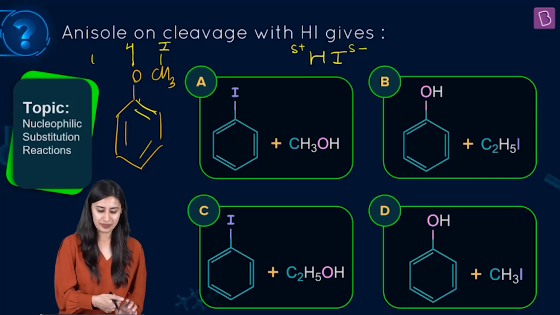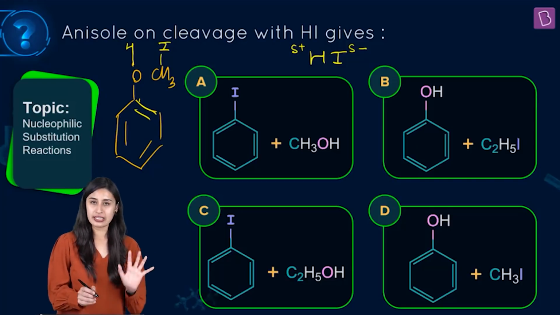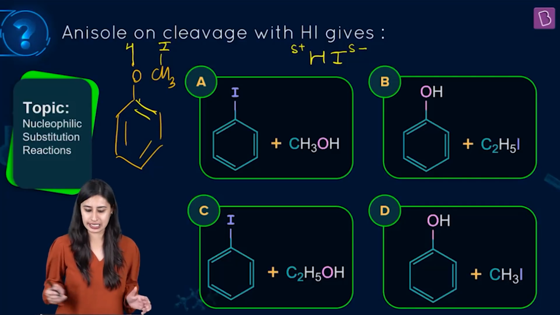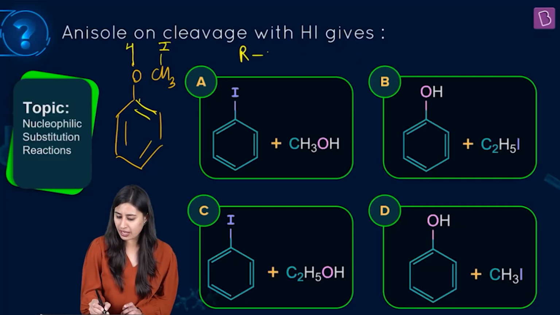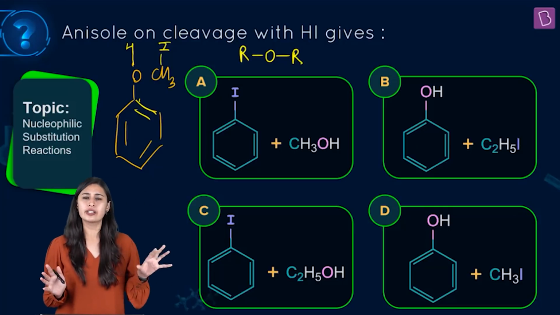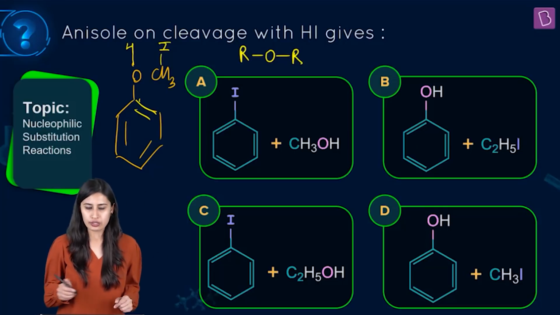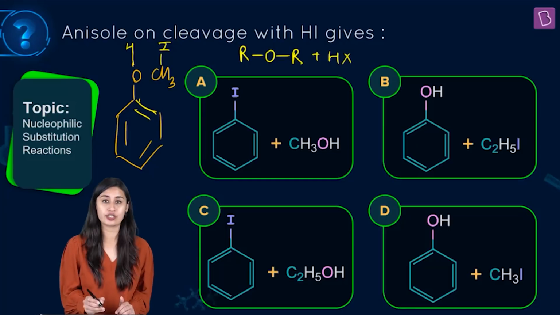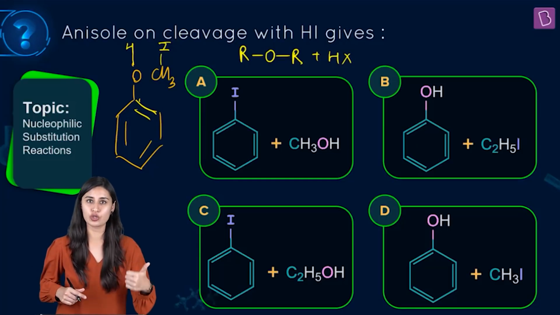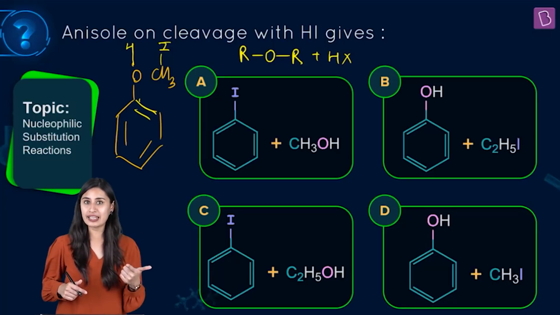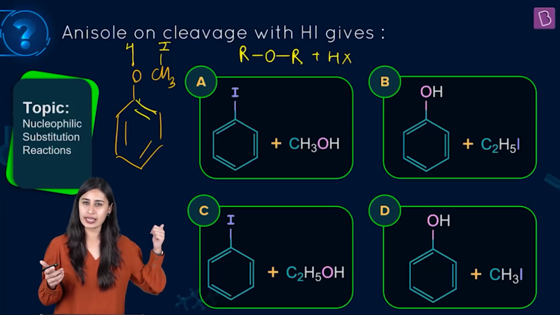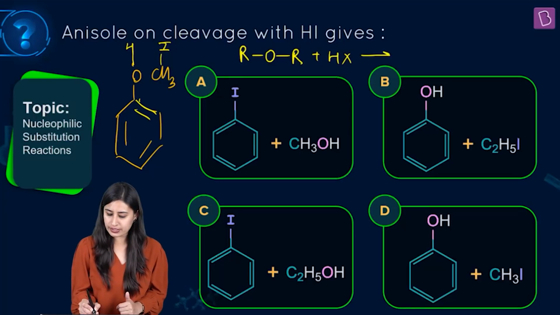As simple as that. Now there is the possibility that OH can further react with HX, which is what happens if I take, let's say, dialkyl ether, ROR. What happens in ROR is, since you already know that ether is a very less reactive functional group, some drastic conditions are required and excess of HX is required. When I'm talking about HX, you should know the reactivity of HI is maximum, then HBr and then HCl. So let's say I'm taking excess of HX with this dialkyl ether. Of course, the reaction goes like this, that we get an alcohol and RX.